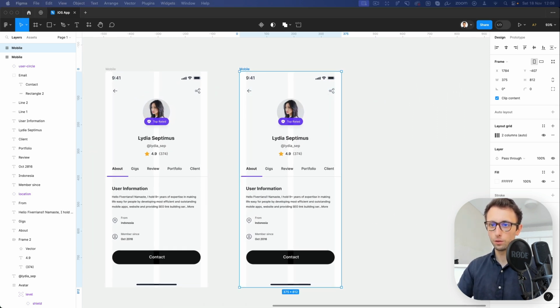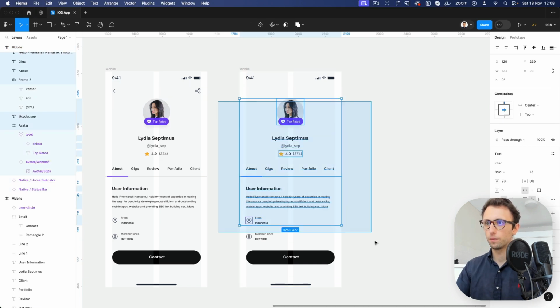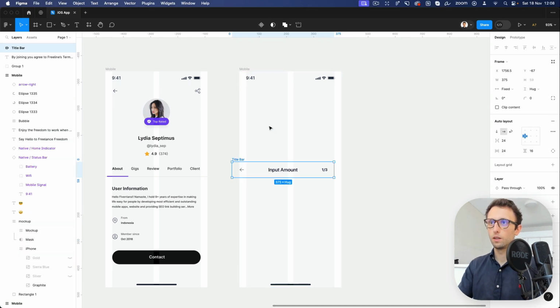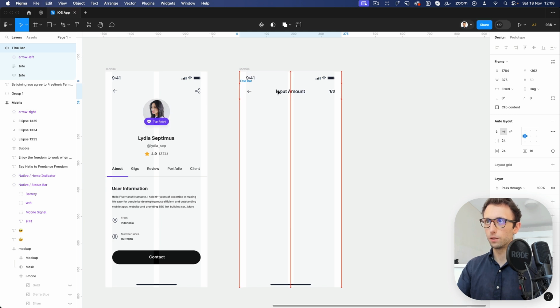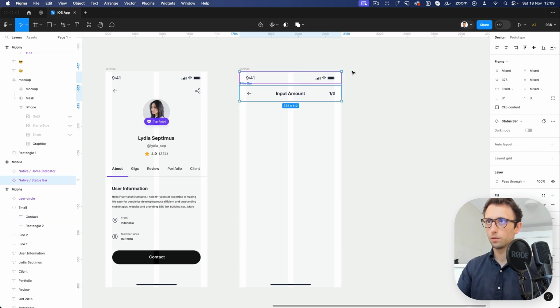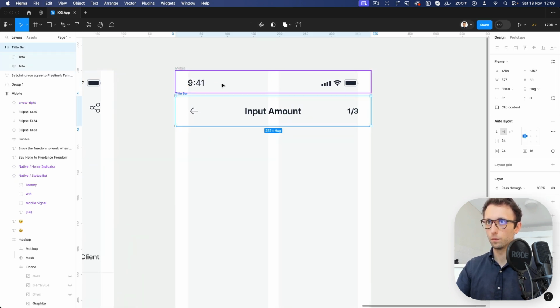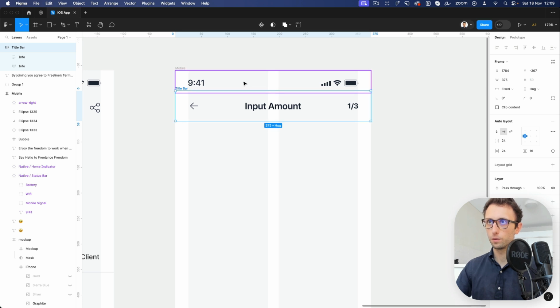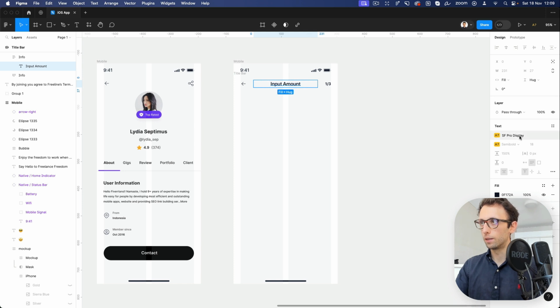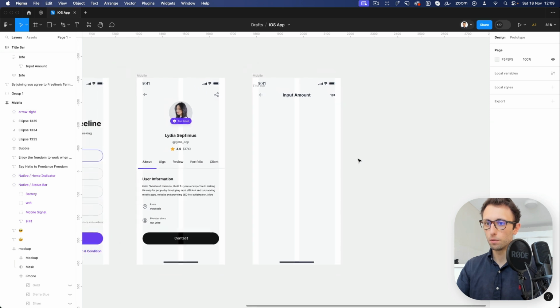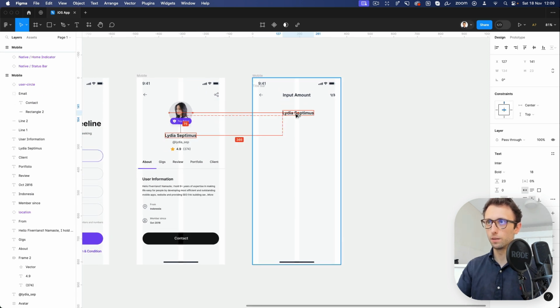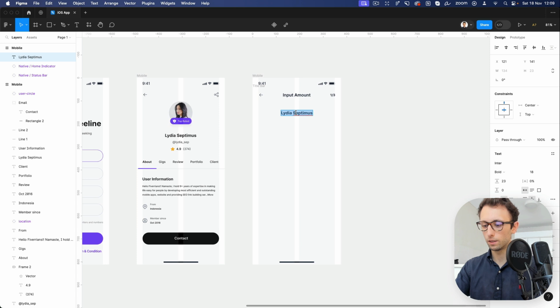So we're simply going to grab the original one. I'm going to add it right here. It's going to be under the title. For some reason I cannot really see the distance. Okay, and again change this one, good old Inter, semi-bold, and then we're going to add the main heading, top-up amount,